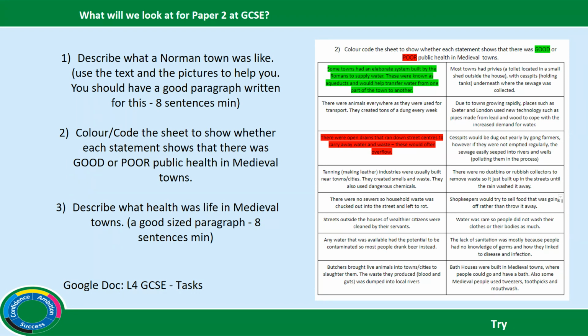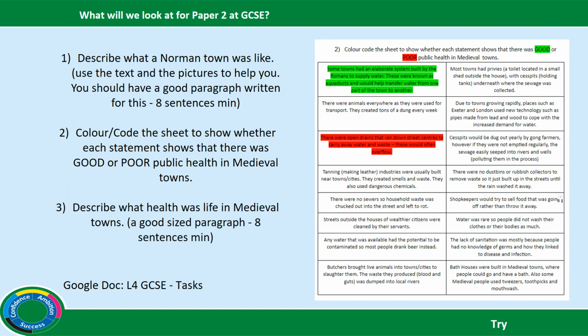Your second task is to colour code the statements. You have a series of statements about health in a medieval town. Now you need to decide whether the statement is showing good or bad public health. So you can use the highlighter function for this task like we have done in previous lessons. If you can't use the highlighter function or have any issues, you can just simply type in the boxes good or poor. Public health, remember, refers to the health and well-being of the population as a whole. Okay, so we're looking at, is this a good thing for people's health or is this going to cause them